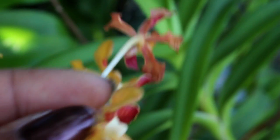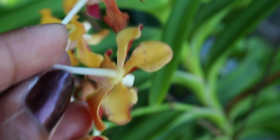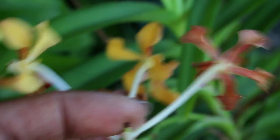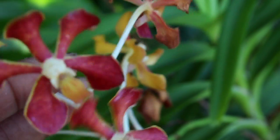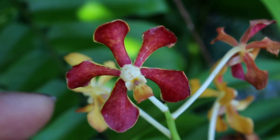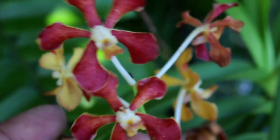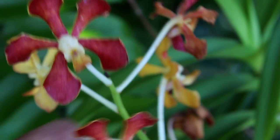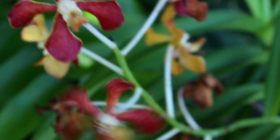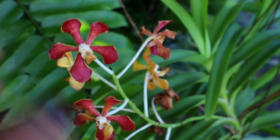But if we turn it around, you will see that there is a slight yellowish orange in there as well. So behind the scenes, you are going to notice a nice color combination to that red. Now in some variations you will find a tessellated pattern, so you can have tessellations within these blooms as well. And again, they are fairly small, quite adorable is the bloom size, and with the color,